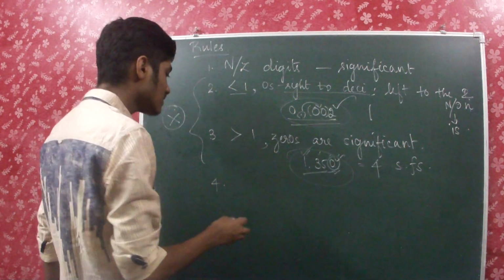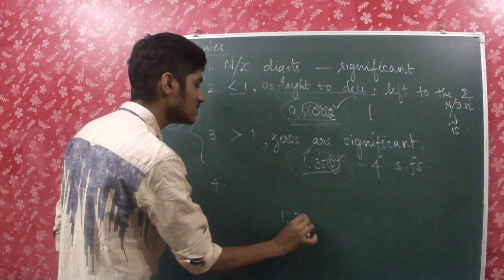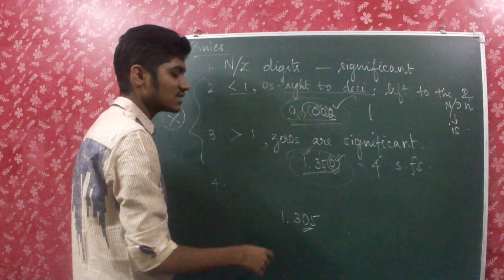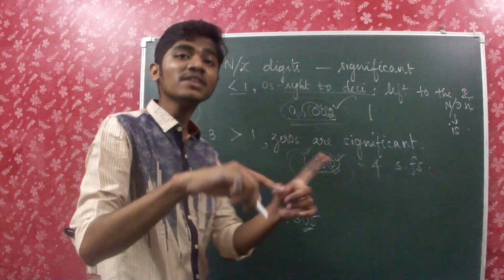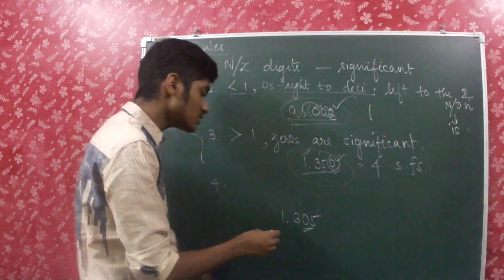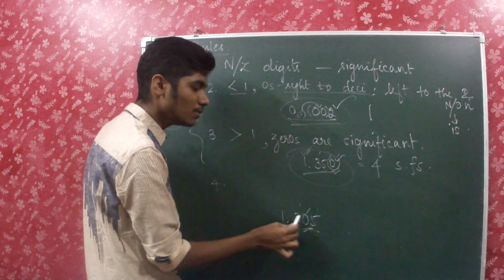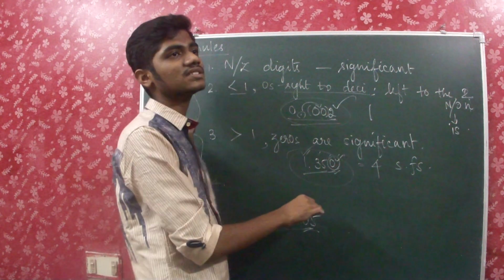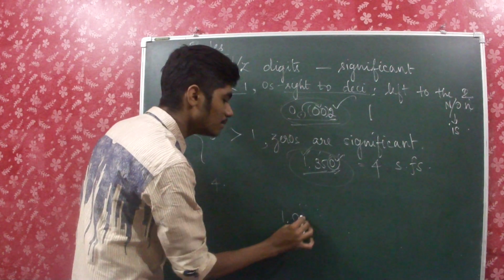But the last thing is, you may get a doubt with a number like 1.305. So is the 0 which is here significant or insignificant? Yes, of course, because it's present between two non-zero digits. It's not just after the decimal. So this you have understood, I guess. If there is a 0 between two non-zero digits, that must be taken into consideration, and that is also one significant figure. And if it is like this, 1.035.